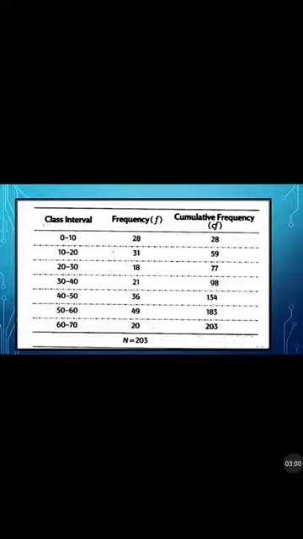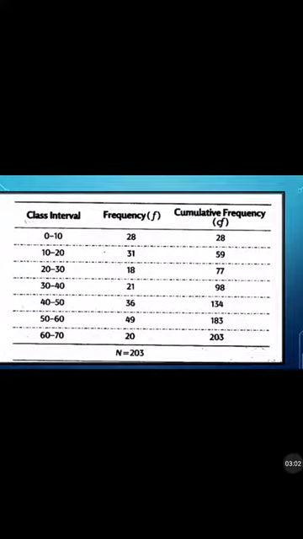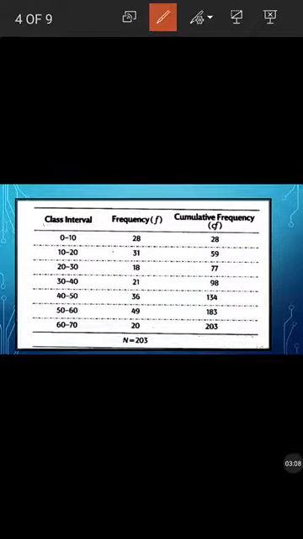Okay. So we are going to do the problem now. This is the question. So here what should we calculate? The class interval is x and the frequency is f. So x and f are given. We have to calculate CF, that is cumulative frequency. I hope you all know how to calculate CF. It is nothing but we are going to add the frequency step by step.